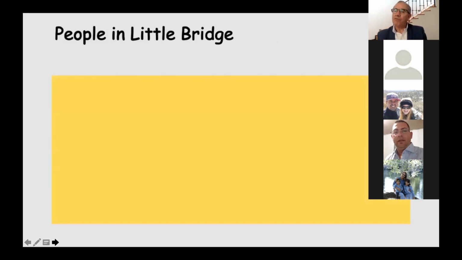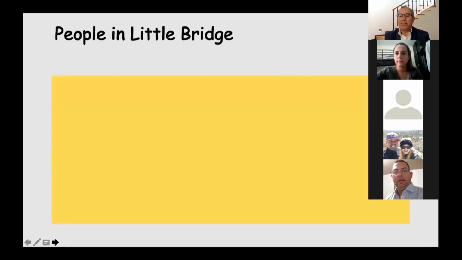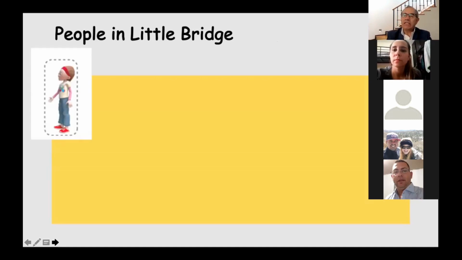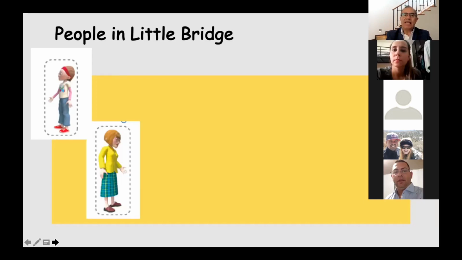So an example of what happened in Little Bridge is that we need people. And this is an advice. You need to know the people who live in Little Bridge. So I'm going to introduce the people that later, when you do a short practice that I'm going to give some time for you to practice, I'm going to introduce them and try to remember who they are. The first one is Rose. Who's this? This is Rose. Who's this? This is Mrs.